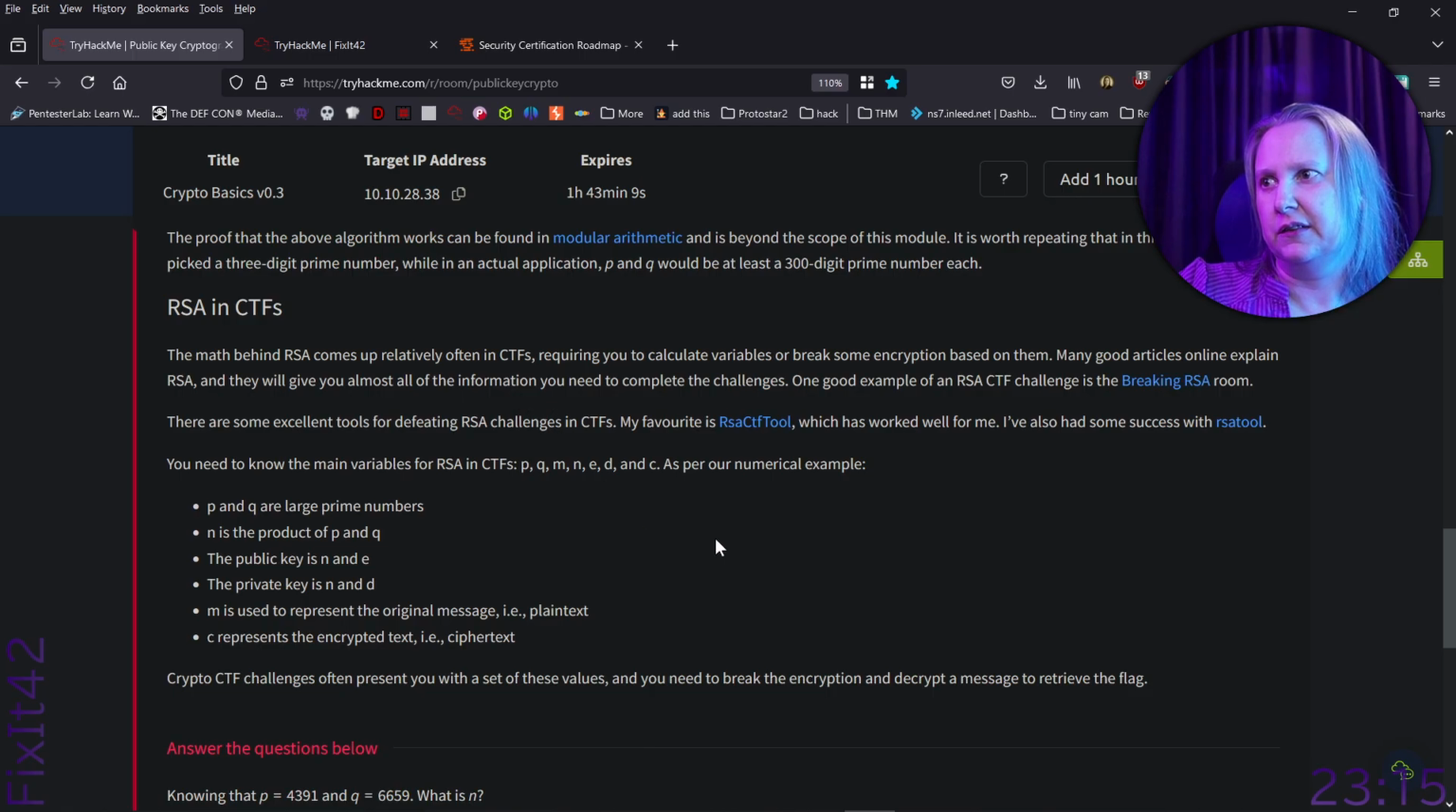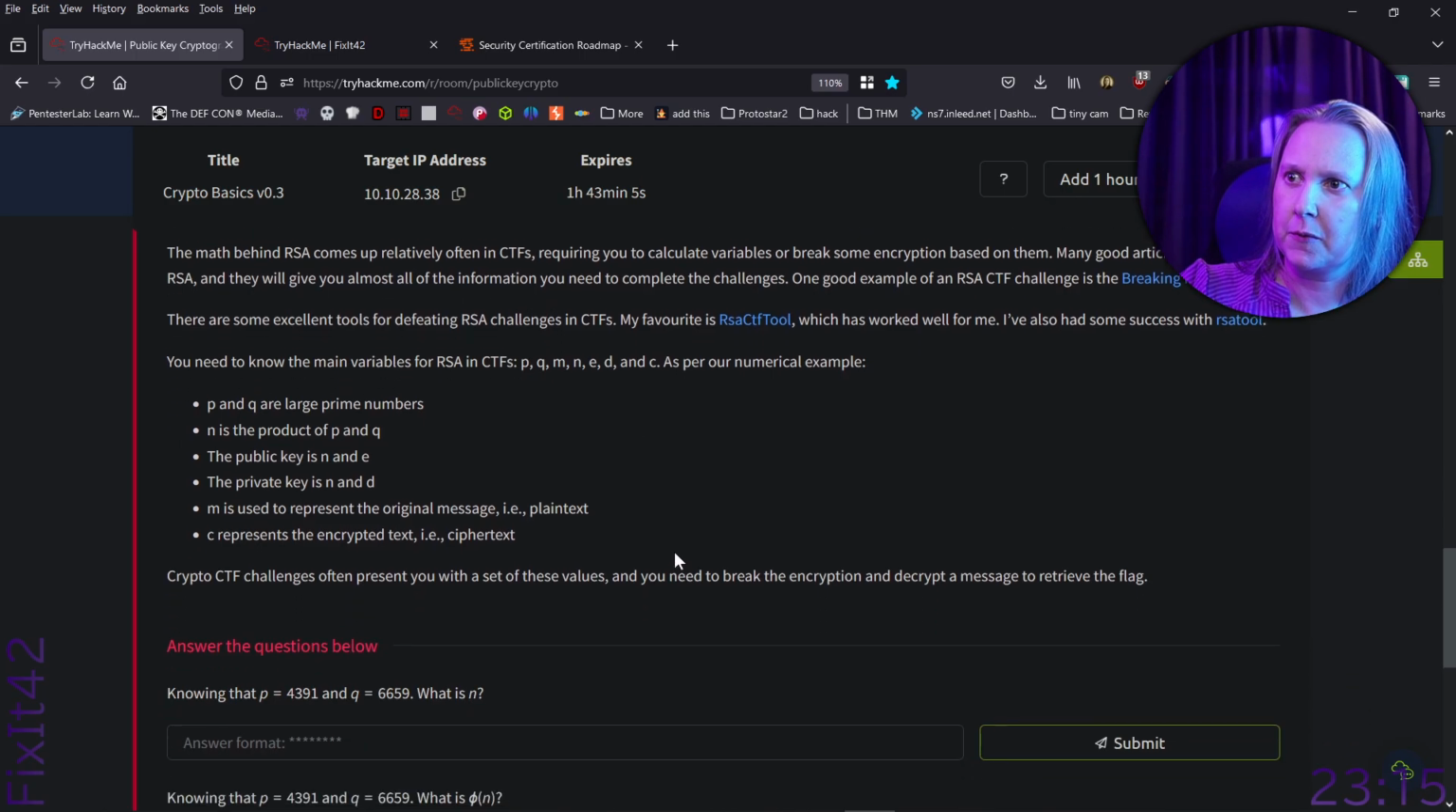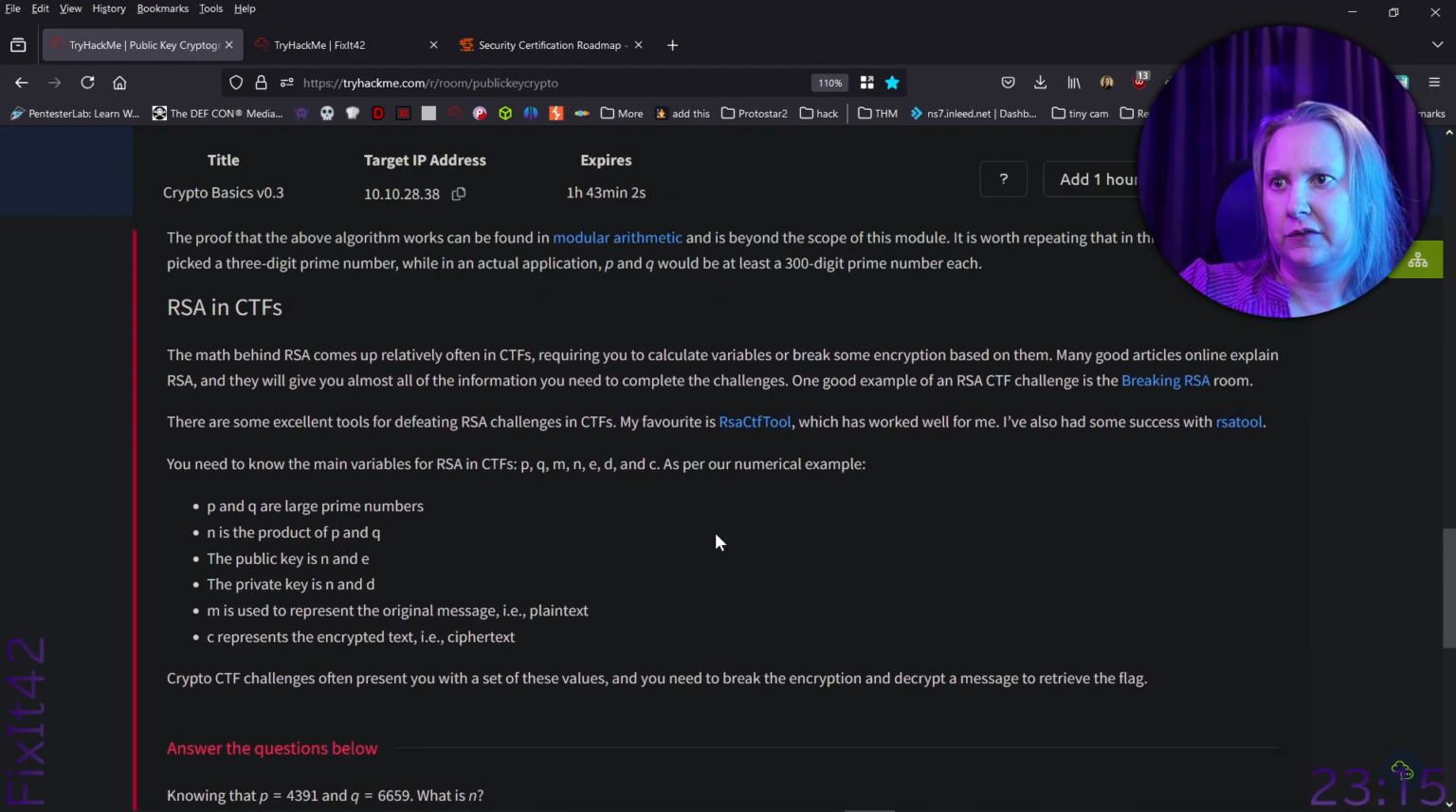RSA in CTFs. The math behind RSA comes out relatively open in CTFs, requiring you to calculate variables or break some encryption based on them. Many good articles online explain RSA, and they will give you almost all the information you need to complete the challenges. One good example of an RSA CTF challenge is breaking